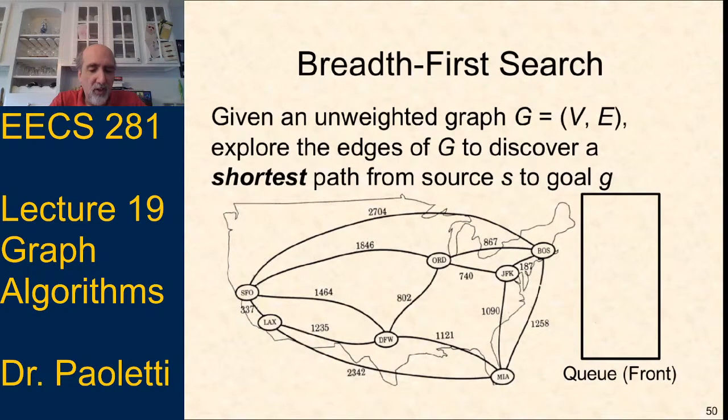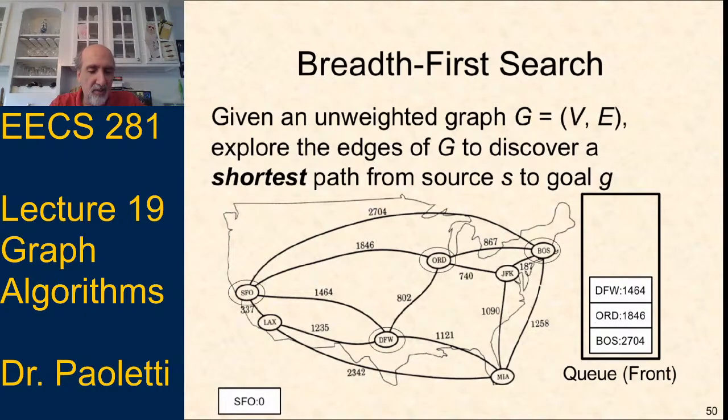And so here, because of the graph we're showing, it looks like a stack, but really we're showing it with a queue with the front being at the bottom. It's just that vertical representation was all that would fit on one slide and still have the map there. So we add our starting point. So I'm trying to get from, say, SFO to JFK. So I add SFO, add a distance of 0, and I take it out, and I add things in. Boston at 2704, Orlando at 1846, DFW at 1464,